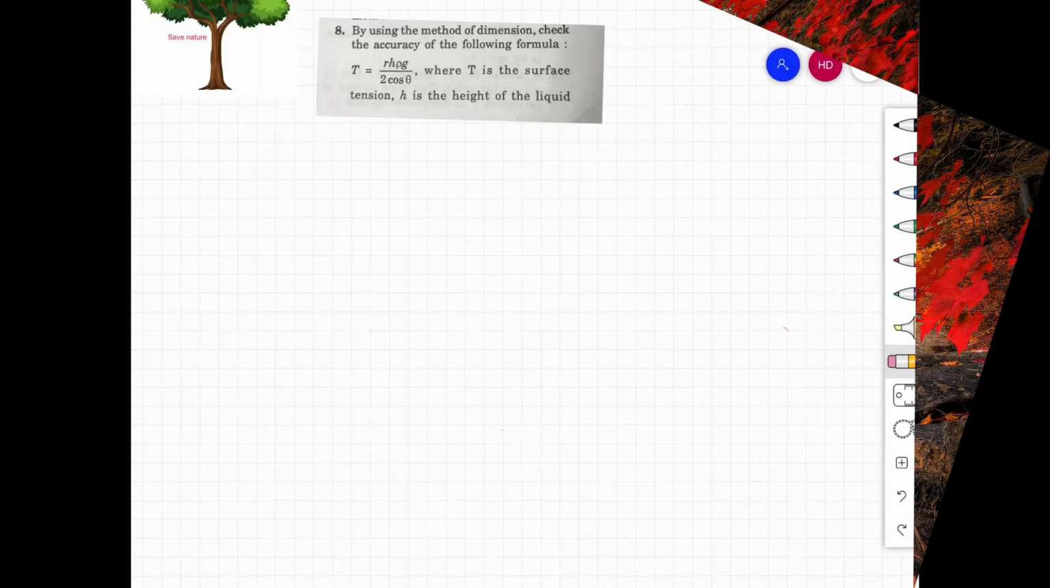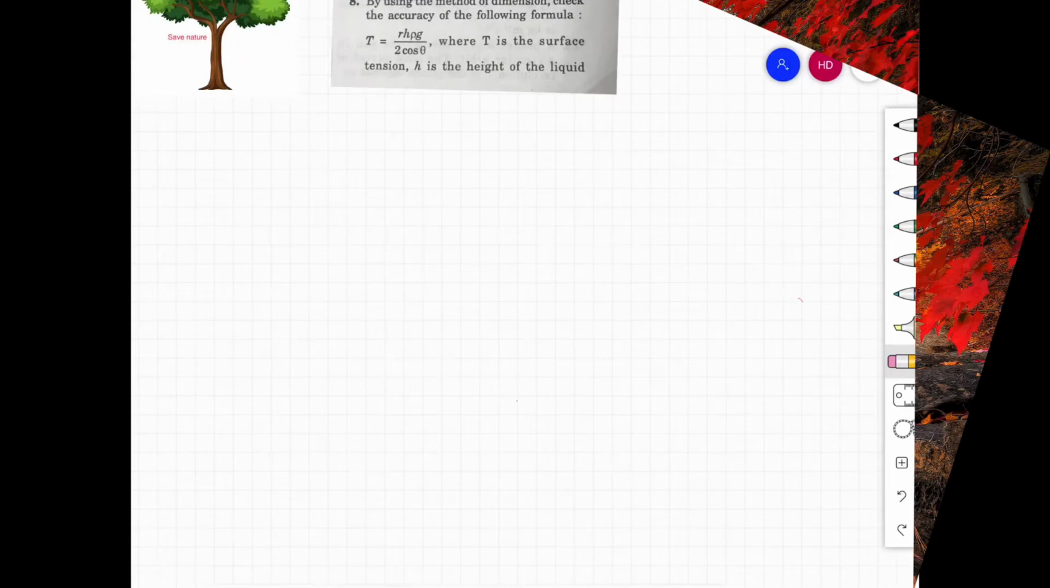Without wasting time, let me go to the first problem. By using the method of dimension, check the accuracy of the following formula: T is equal to R H rho G divided by 2 cos theta. Where T is the surface tension, H is the height of the liquid, rho is the density,